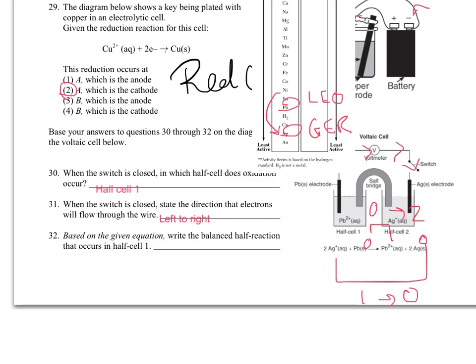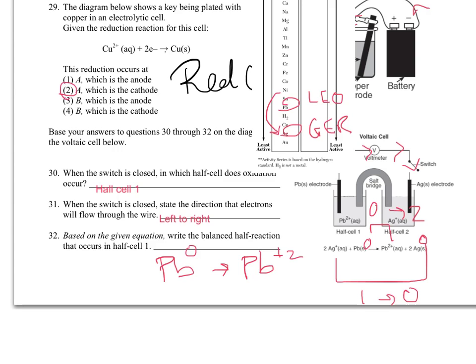Finally, we're asked to write the half reaction, referring back to our original equation, for what's occurring in half cell 1. We already did the work of assigning oxidation numbers, and we see that half cell 1 contains the lead. So we're going to write the half reaction for lead, which goes from oxidation state of 0 to 2. That's oxidation. So all we simply need to do is write the symbol separated by arrows. Referring back to the equation, we're going to put in oxidation states. And now to balance this, we're going to have to add electrons. Remember that oxidation is a loss of electrons. Things we lose